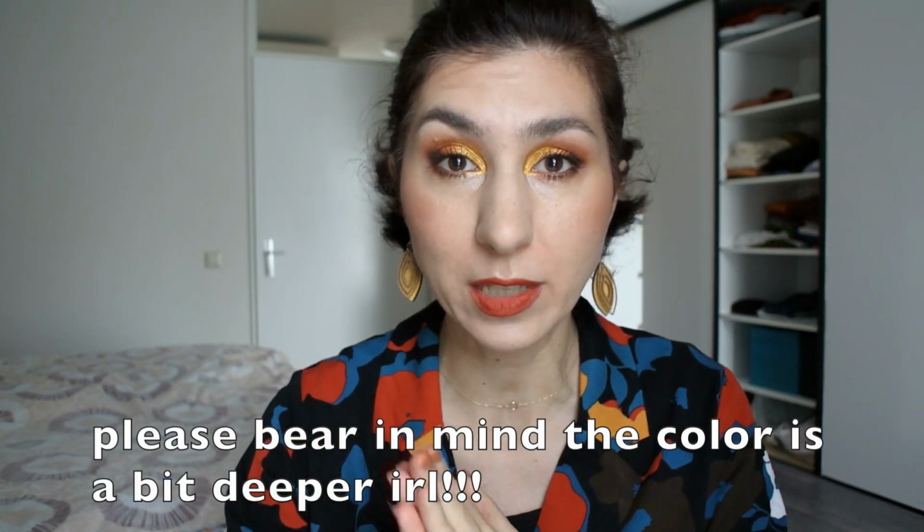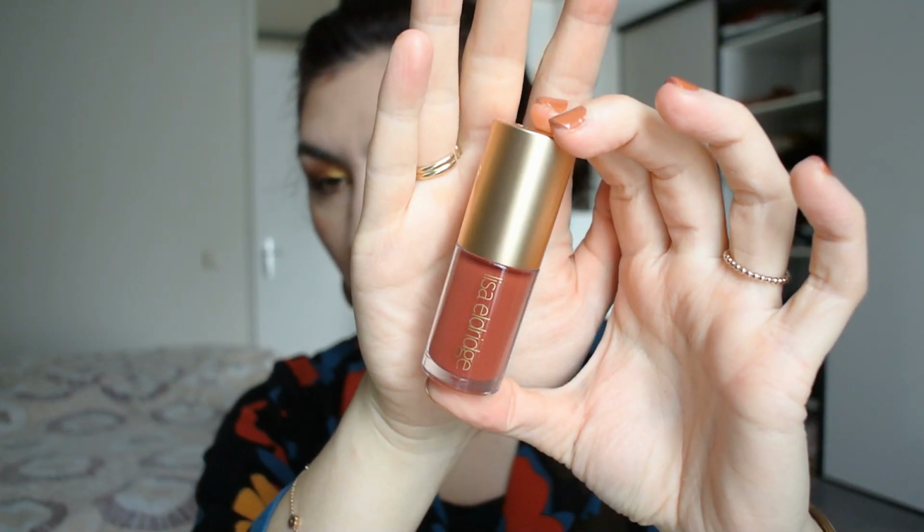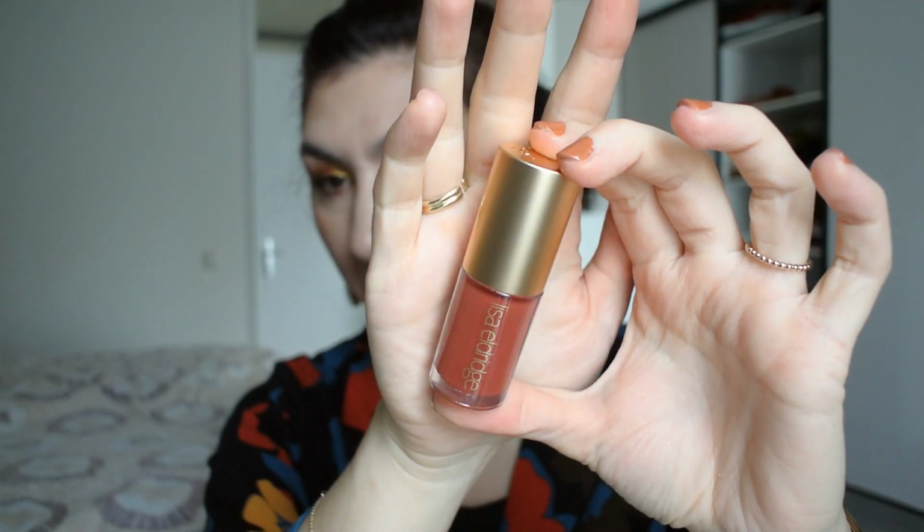If Lisa can go ahead and make a velvet in an actual burnt deep orange color next year, I'd die. Just because I want to test how the gloss looks on top. It comes in a similar box, by the way, and if you've never seen her lip glosses, they come in this beautiful packaging, again with the lid reminiscent of the velvets. And I am curious how this is going to play up with the